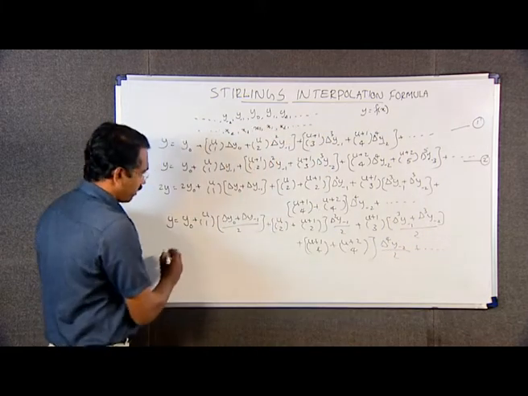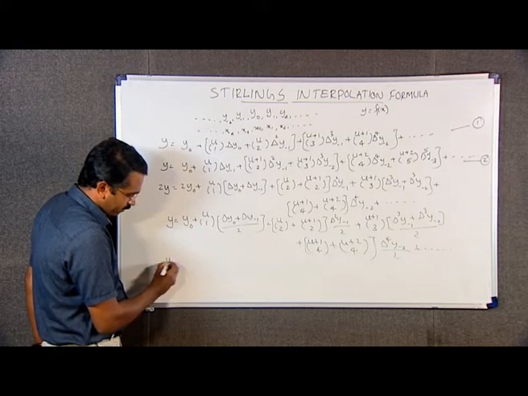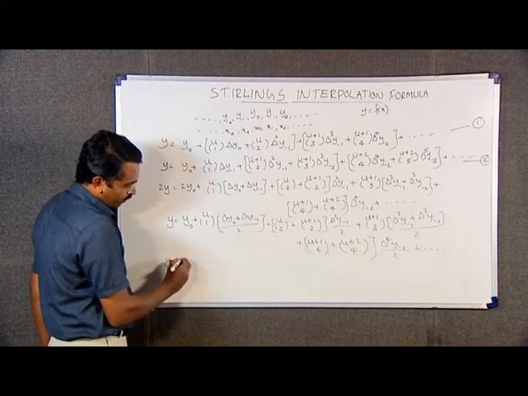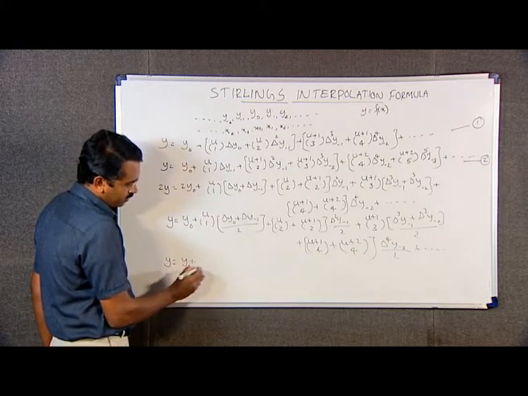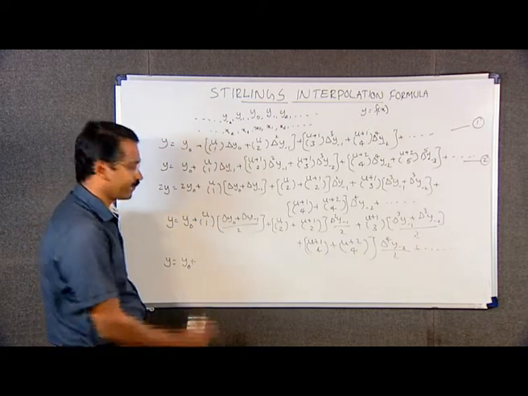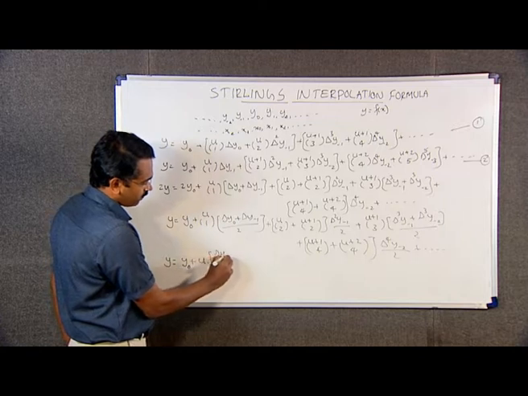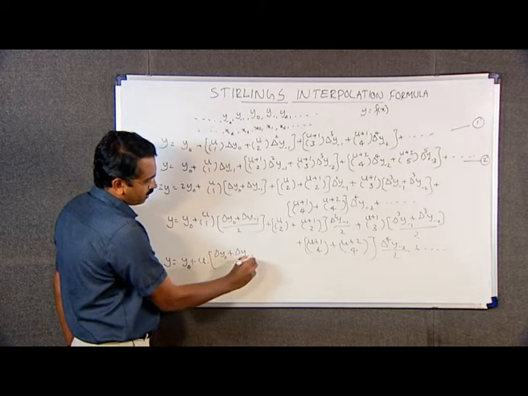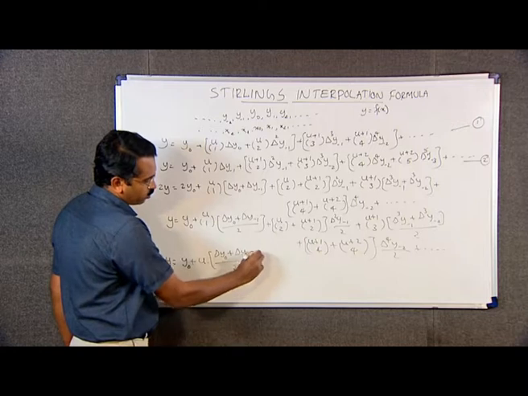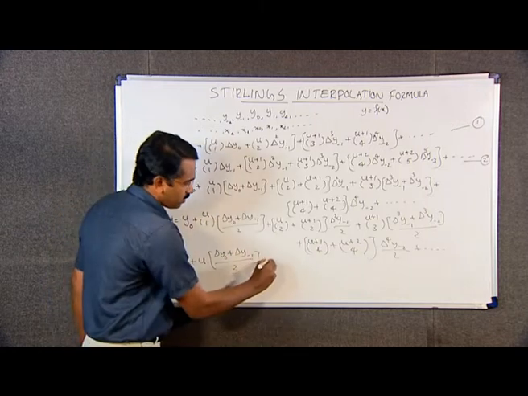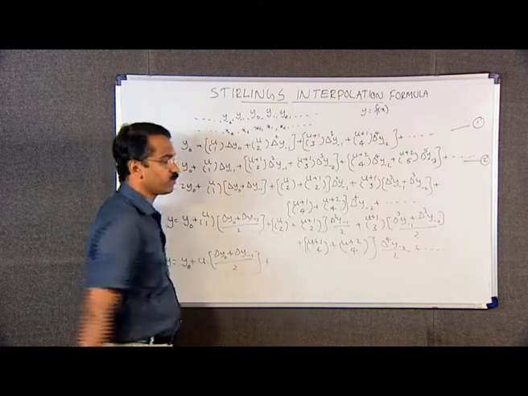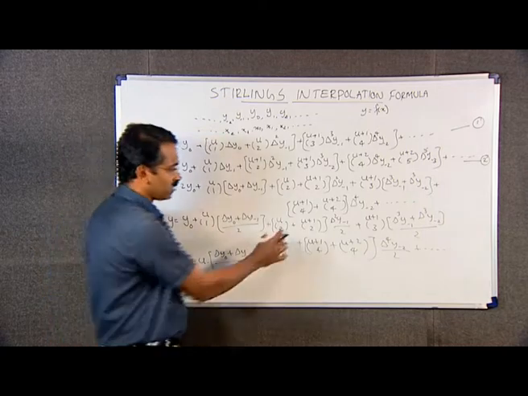That is, y, meaning y of x, is equal to y naught plus uc1, meaning u, into delta y naught plus delta y minus 1 divided by 2 plus